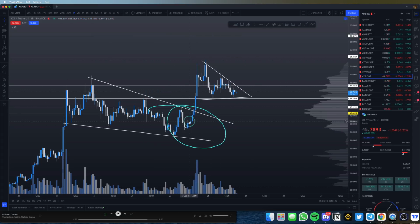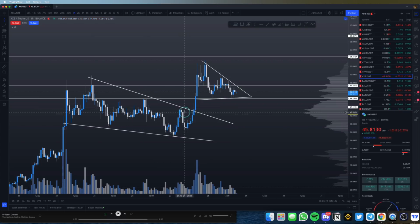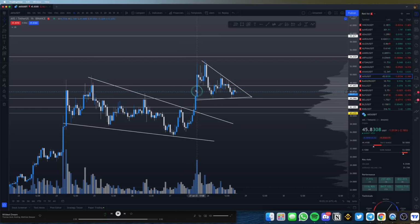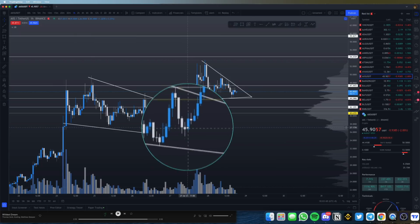Notice how this pump was preceded by this sort of bearish block over here. So this right now is what you call a bearish order block. Now, if you're new to this channel, order blocks are basically areas of untapped liquidity. Basically, this is where the institutions are going to be pushing the price of AXS to. So in this case, during a massive move upwards, this bearish block right here, this is what you call a